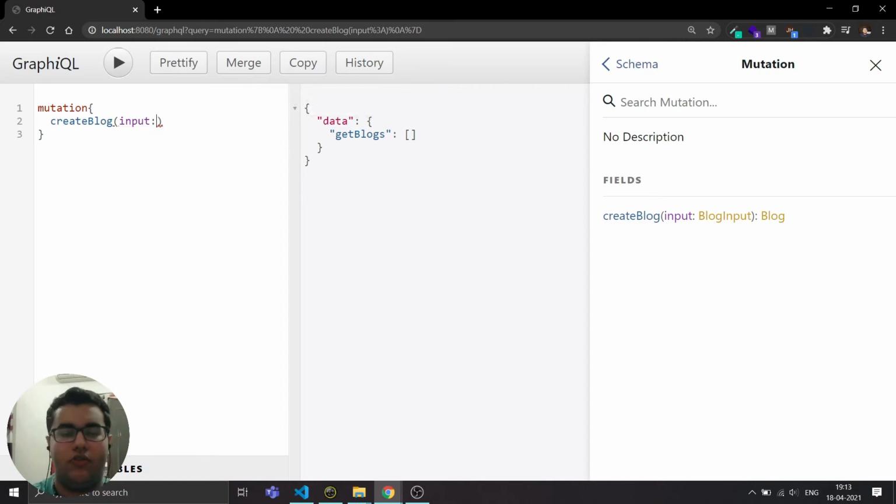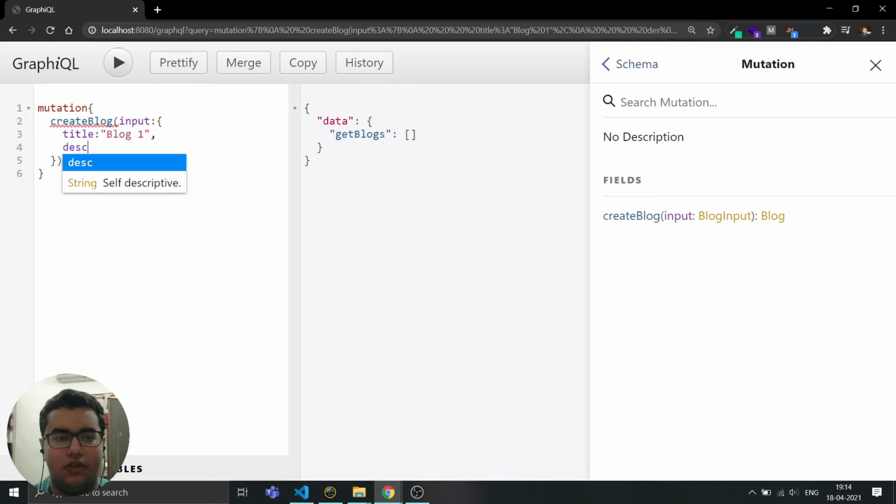So we are taking input, and in the input we are going to name some fields, like title. The blog title is going to be blog 1. Then we have a description, and in the description let's write something. What else do we have?